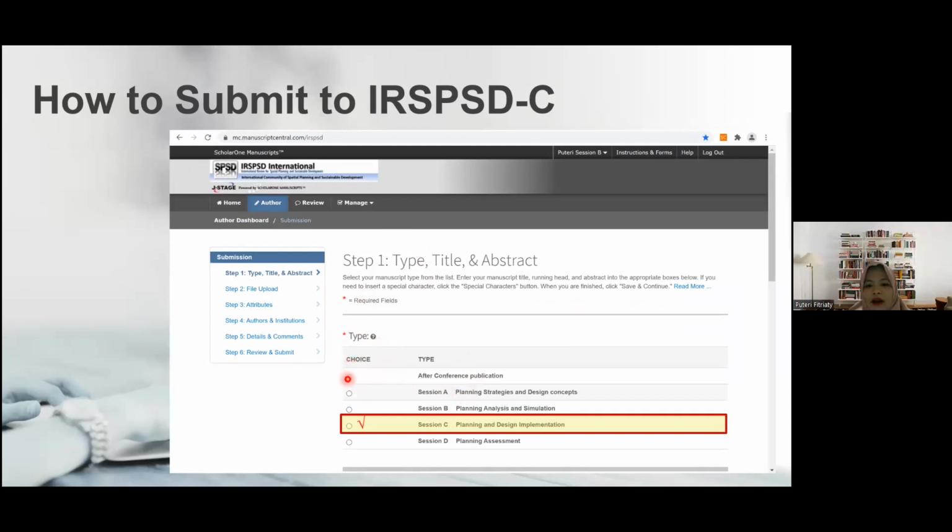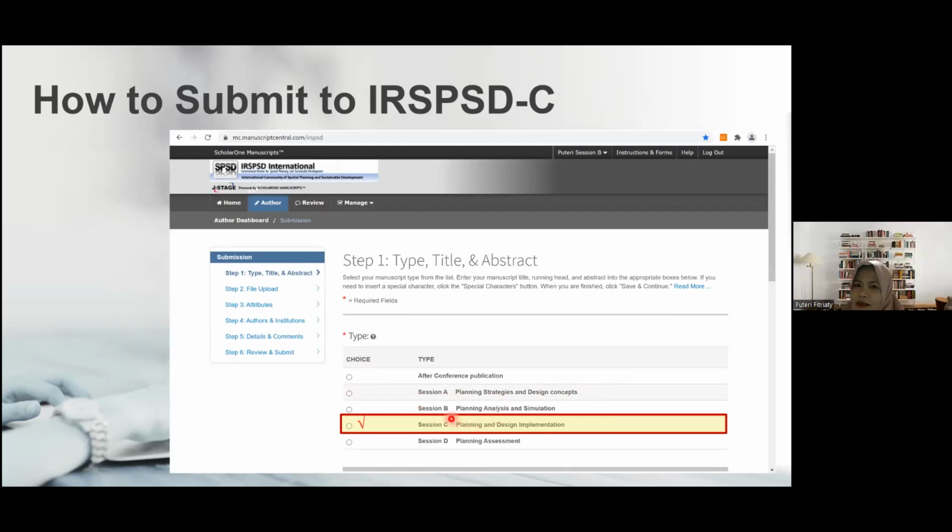If your manuscript is an after-conference publication, then just check this. And if your manuscript discusses planning strategies and design concepts, just check this.